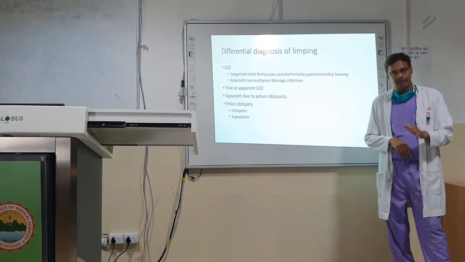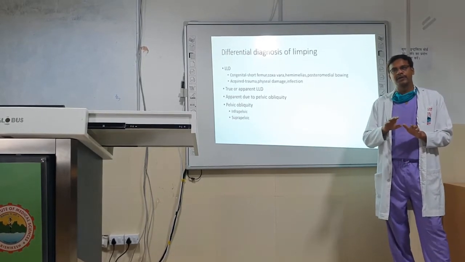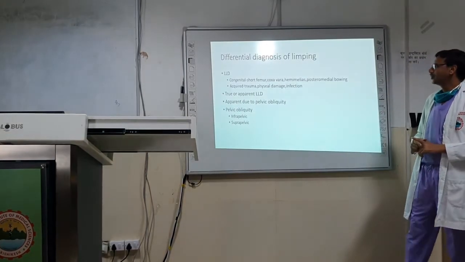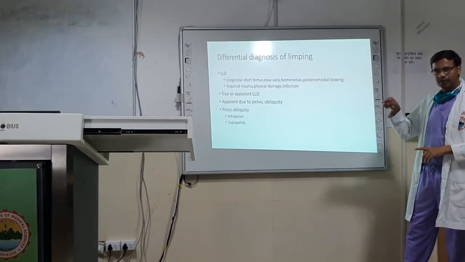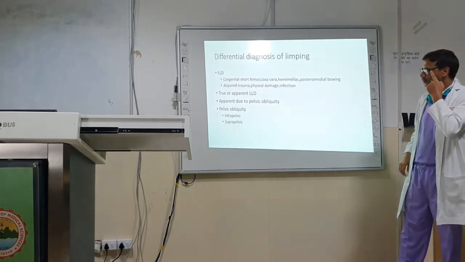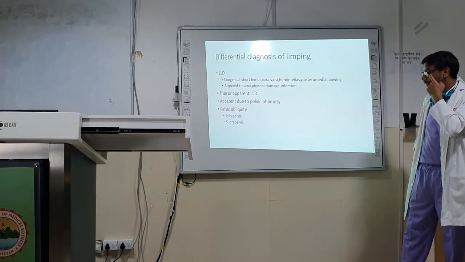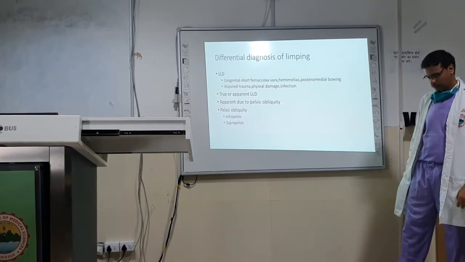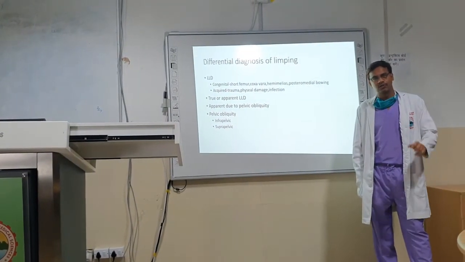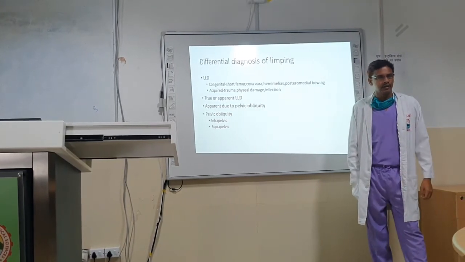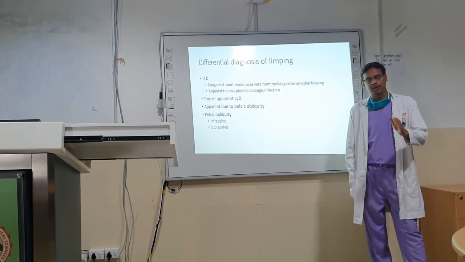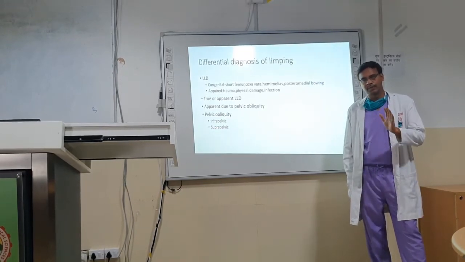Not only shortening, but there may be coronal deformity, that is genu valgum or varum, if it is involving around the knee joint. Okay. Infection, another cause of physeal damage. So you should always ask in history also. So these are the important acquired causes of LLD. Now the next thing you have to determine is whether I am dealing with a case of true LLD or apparent LLD. So all your measurements of hip during your examination will tell you whether it is apparent or true LLD.